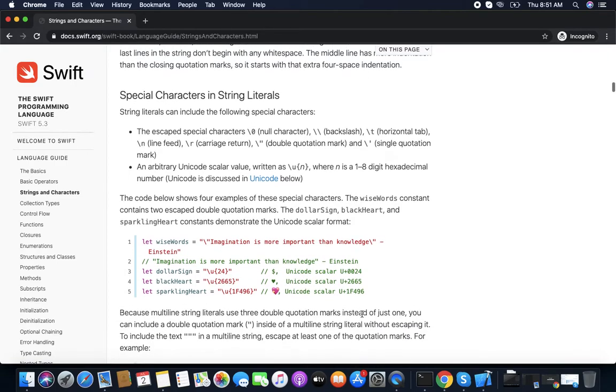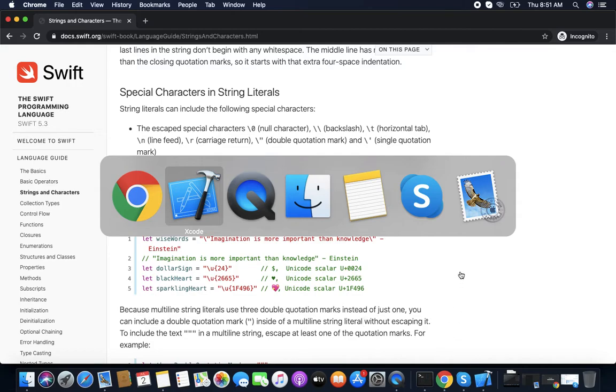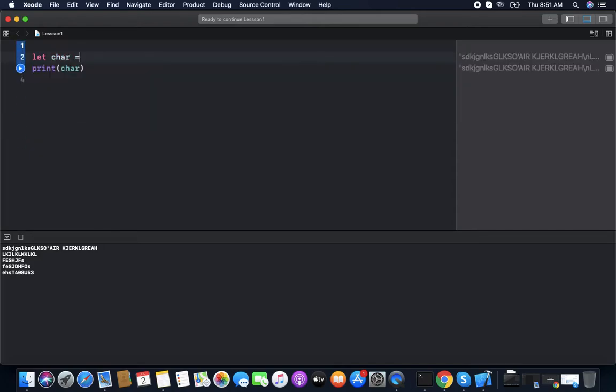Now special characters in a string. There are some characters, like some symbols, which can be used. First, we are learning about specific characters. Say we have a double quote string and we want to print a double quote in between the string.